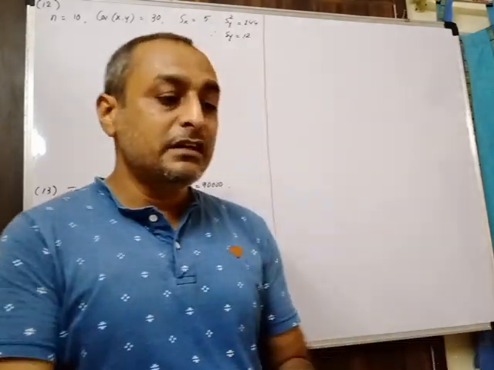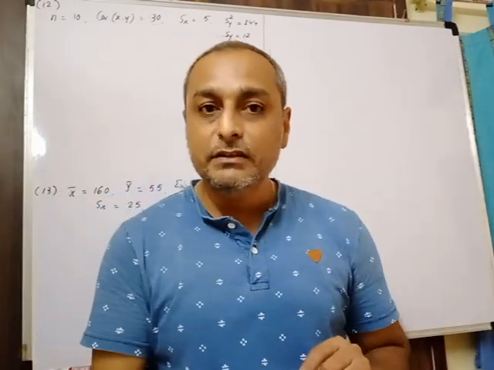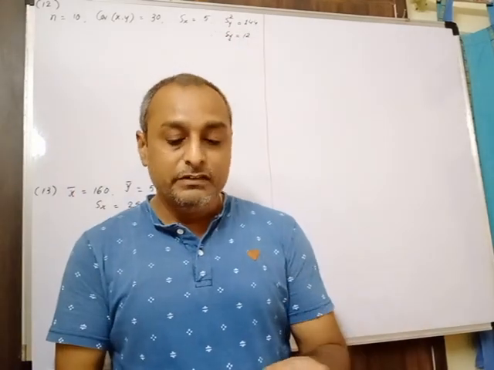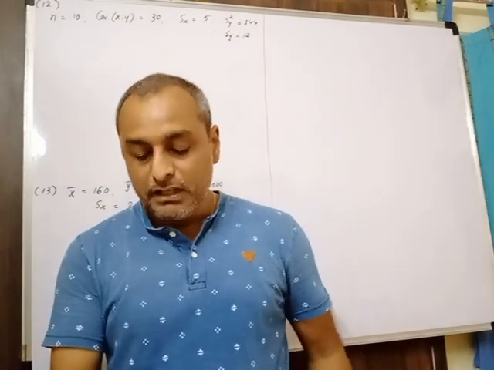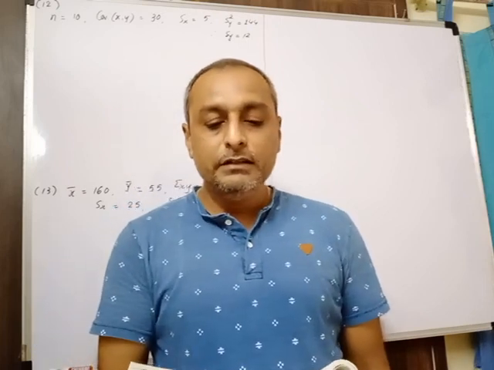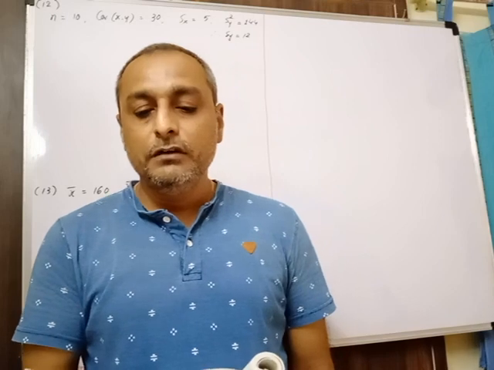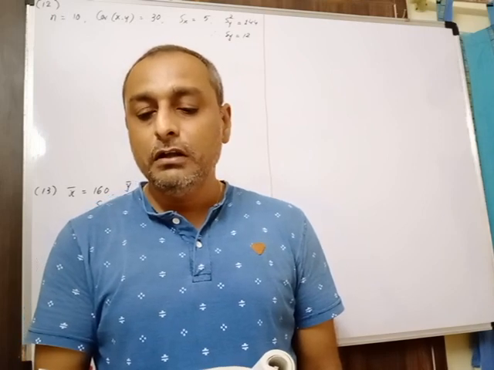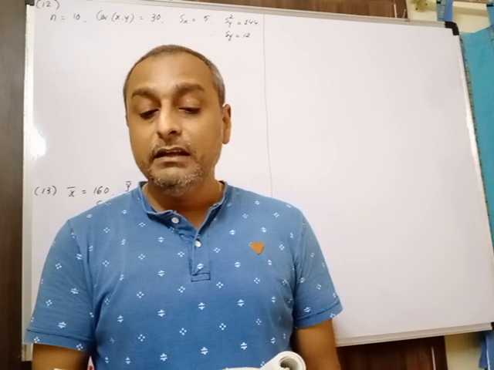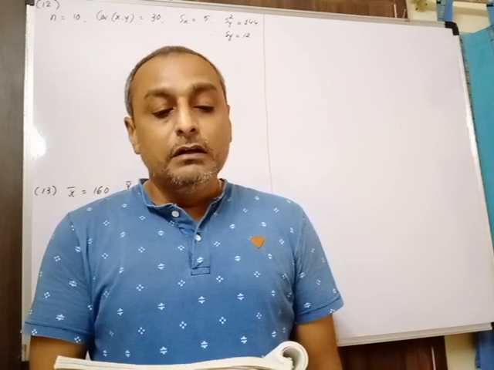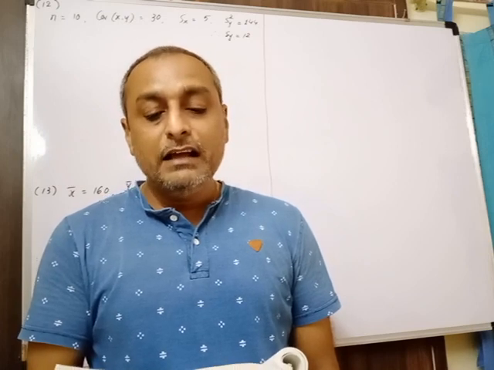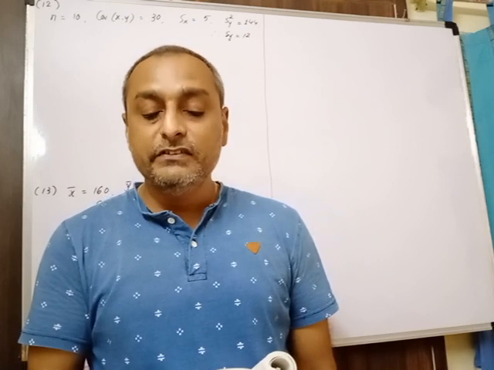Like see, question number 12, I am reading the question first, then I will show you how to calculate the sum. Okay, see question number 12, I am reading in your textbook, page number 85 it is available. Find the correlation coefficient from the following information of rainfall (x in centimeter), that is variable x, and yield of the crop (in tons per hectare) for the last 10 years of a district.